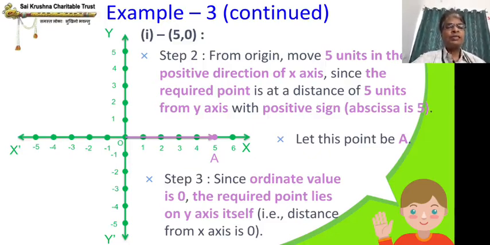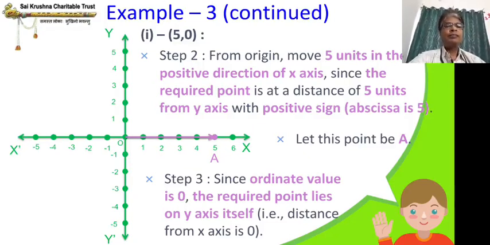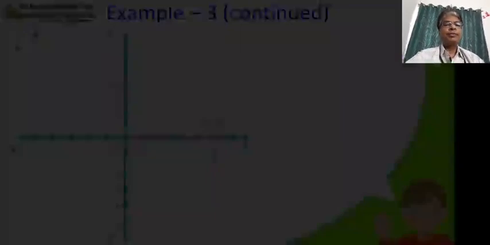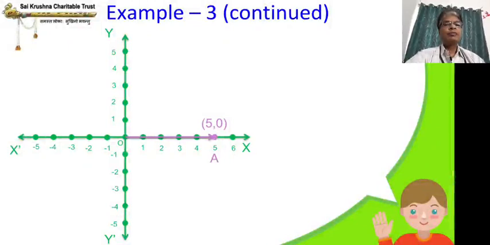When you do the next example, let us see, and most of you would have got it correct also. (5, 0) is a very simple point. So let us see one more example, which I am going to do. (5, 0), I just mentioned, it is important to mention the coordinate values so that you will get full marks in the exam. So let us see the next point.